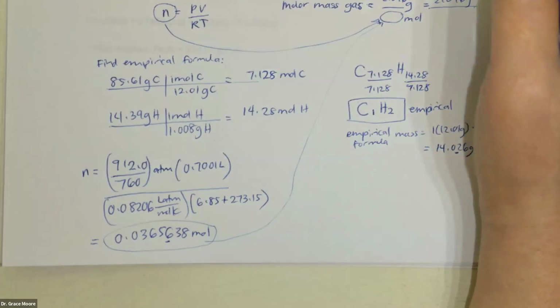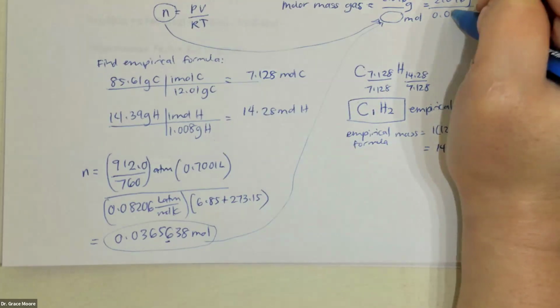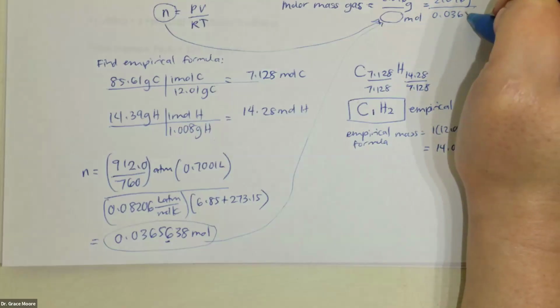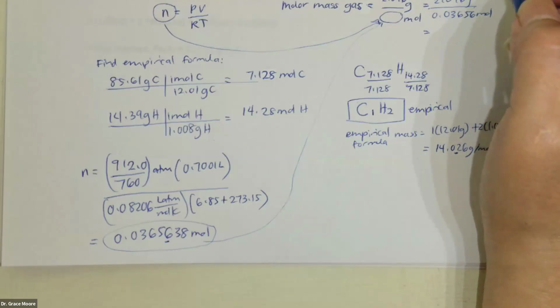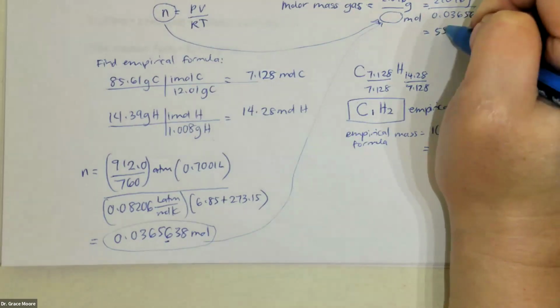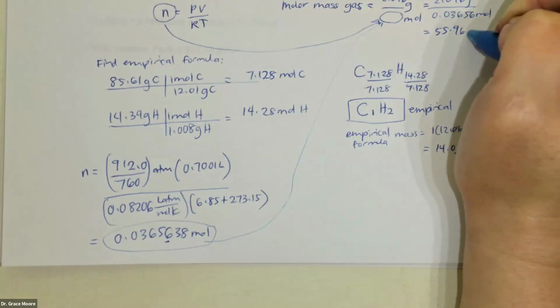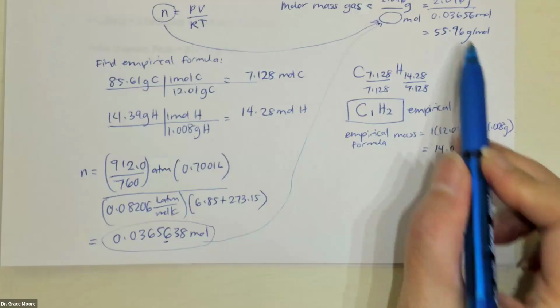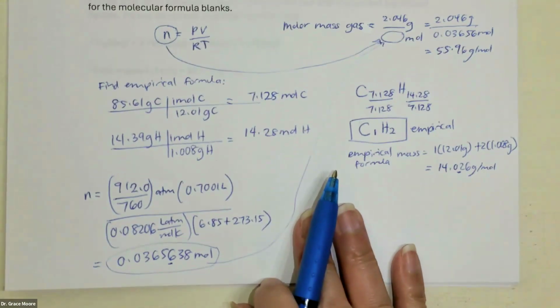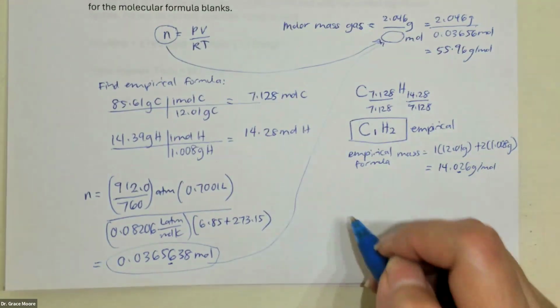2.046 divided by 0.03656, and you get your molar mass to be 55.96. And then once you get your molar mass and your empirical, you can work on it to get the N